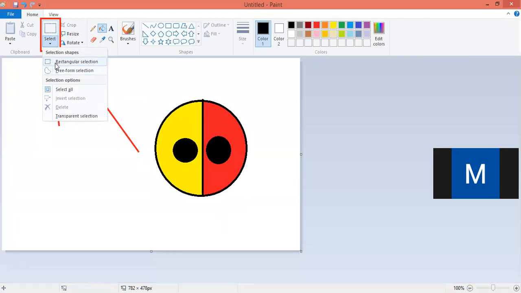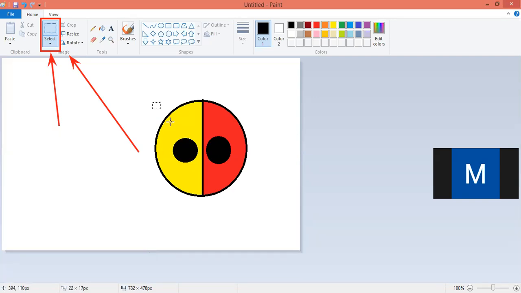I click on the rectangular one, and then I move my mouse. I press the left mouse button and move my mouse. So I select it here. Now I release my mouse button, and it shows a box.